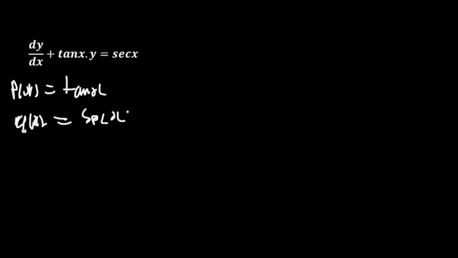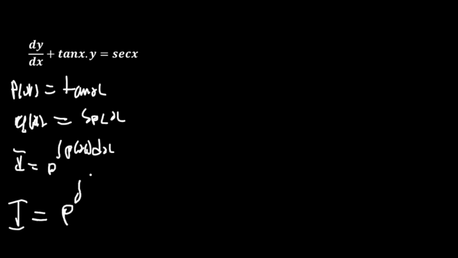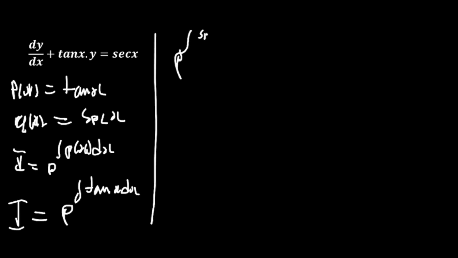So clearly we see that our integrating factor I will be e to the integral of p of x dx. So we're going to have our integrating factor I to be e to the integral of tan x dx. So when we integrate, tan x can be written as e to the integral of sine x over cos x